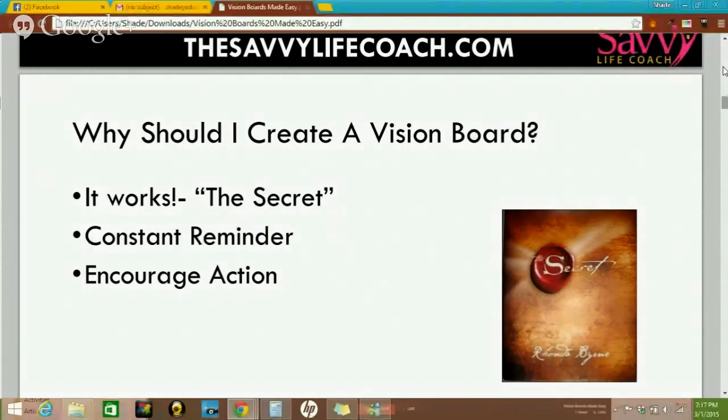I really encourage clients that I talk to, students that I talk to, anyone I talk to: act. If there's something that you want to do, you must act on it. In addition to having a vision, you must have action. And talking about how vision boards work, for me personally, it really worked in